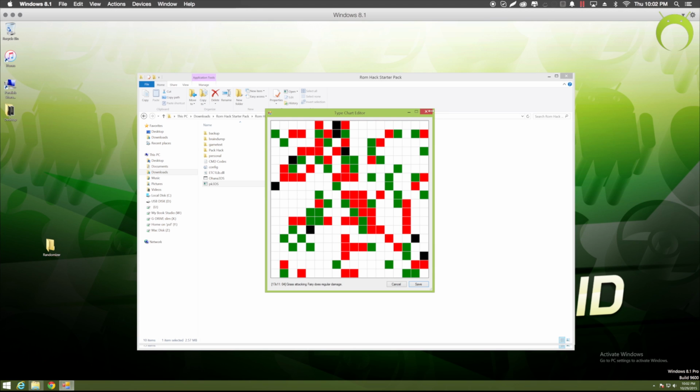If you're doing like an ultimate randomizer, then you can change the typing by like moving around the things. As you can see, green is like super effective, red is whatever. When you click on the titles, you can change them. But that's up to you if you really want to go that far and do that. However, I wouldn't recommend it.